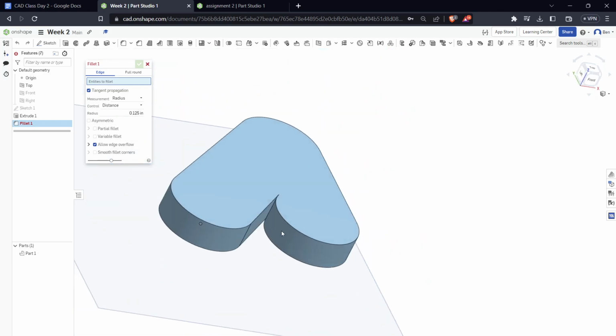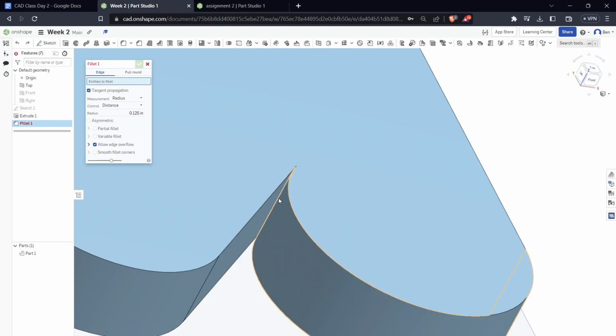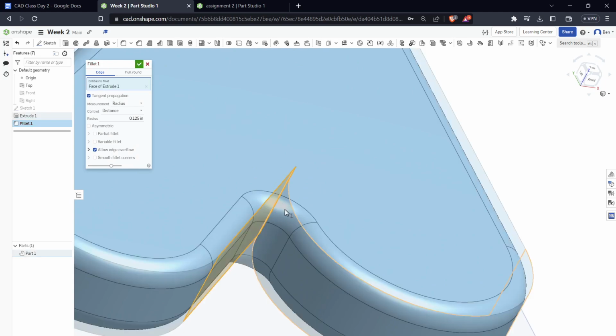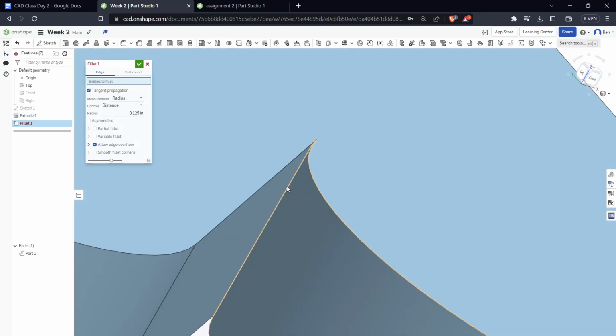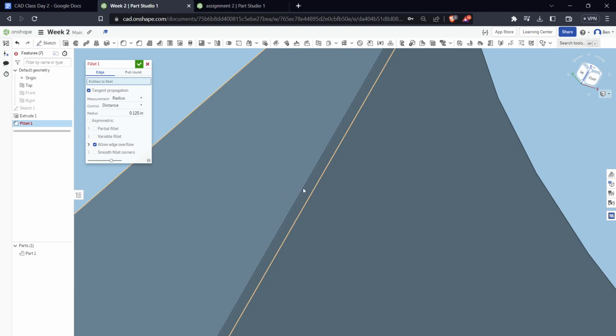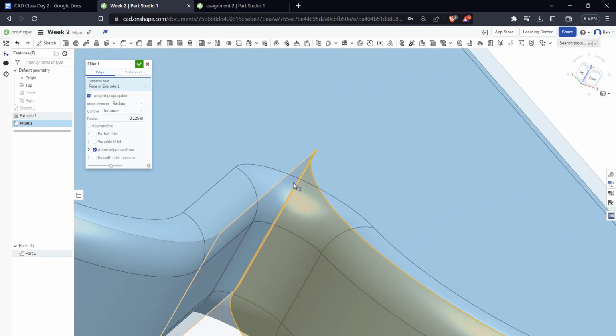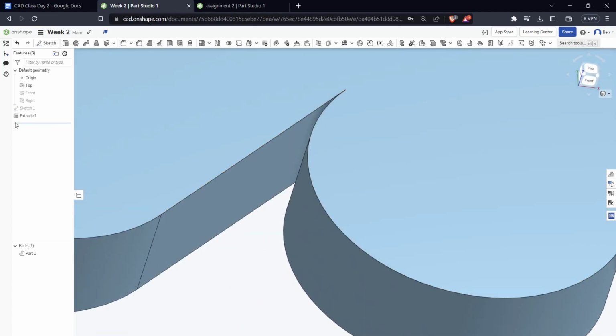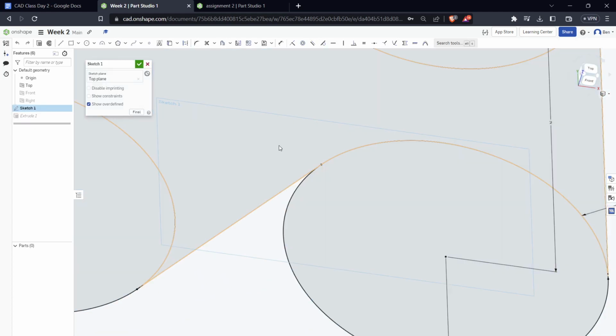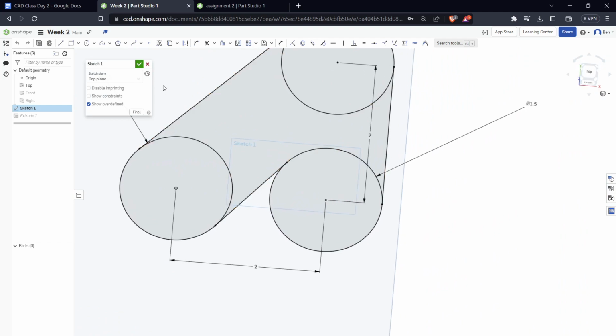That looks about right. And let's say I want to fillet this edge right here. So what I would do, oops, that's not what I wanted to do. It's going to let me get in there. Actually, it might not. Yeah, it's not going to let me. Alright. You know what? I can actually fillet inside the sketch. If I hit sketch fillet, which is this one, if I select these 2 lines, it's not going to let me do it until I